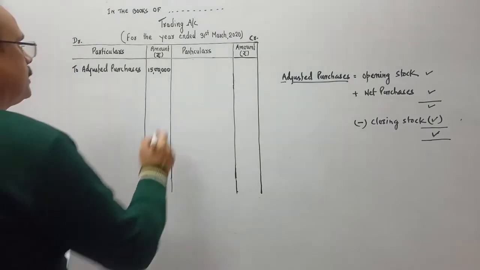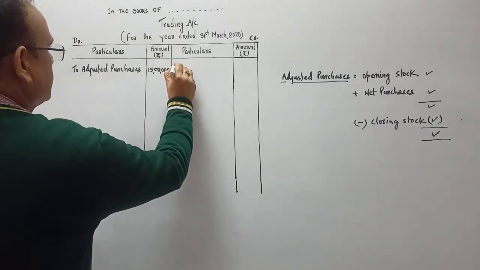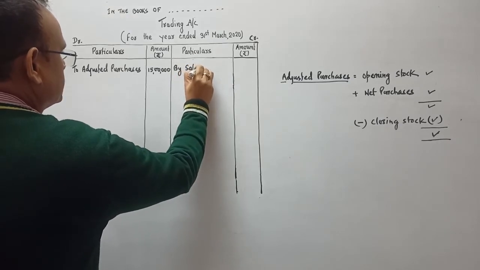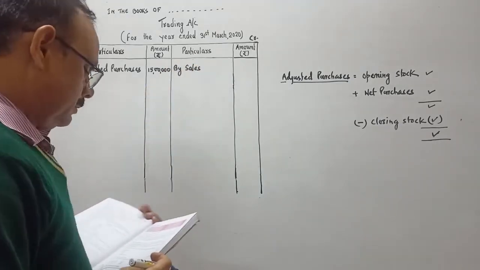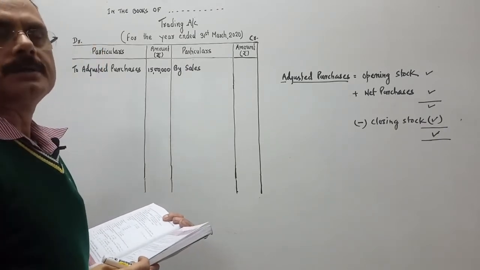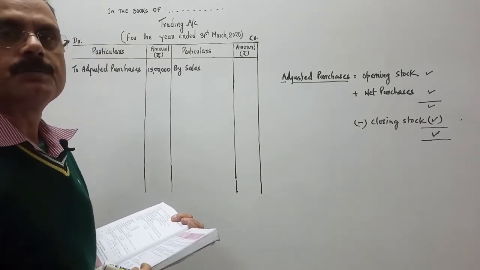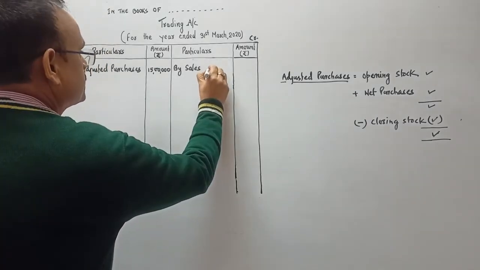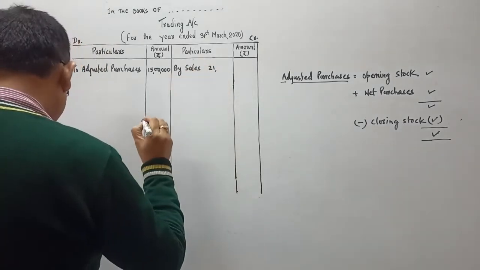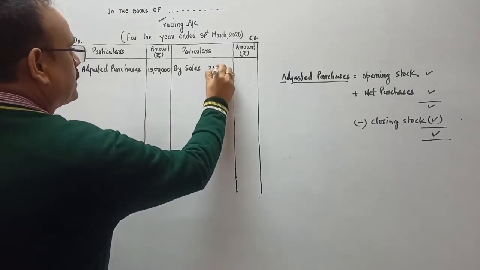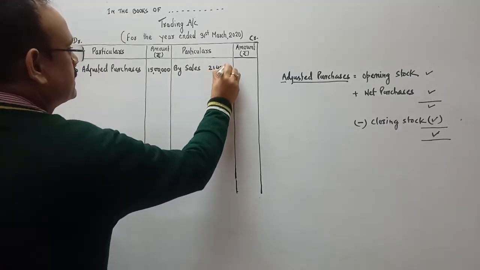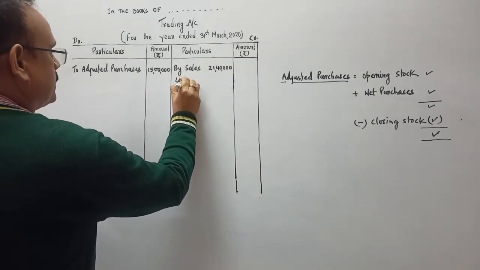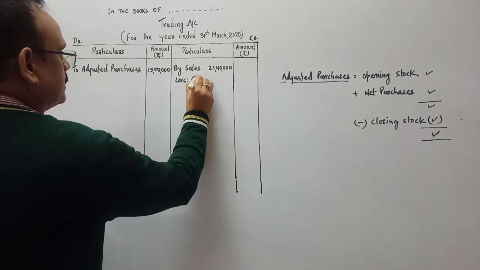Next is sales. So we have to write the sales in the credit side, by sales. Return inward. What is this? Return inward means sales return. So we'll deduct it from sales. You write the sales figure in the inner column, 21,40,000 is sales. Less, you deduct return